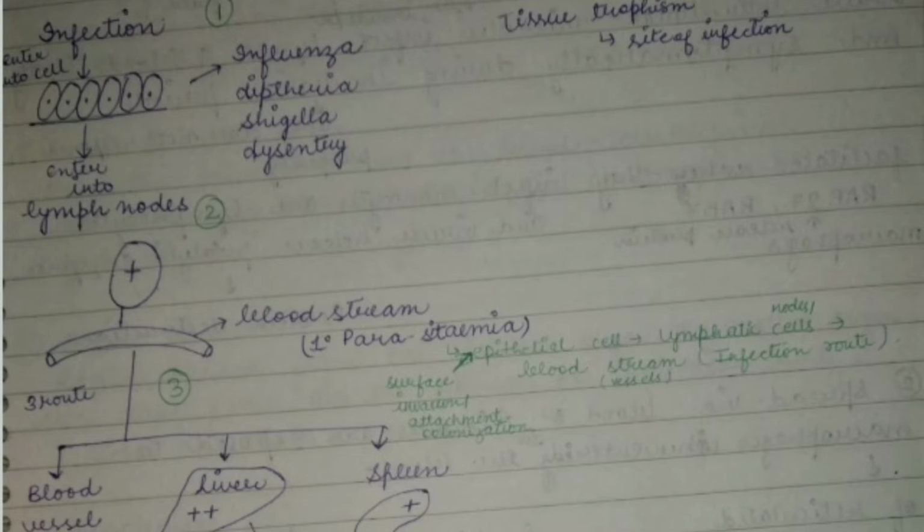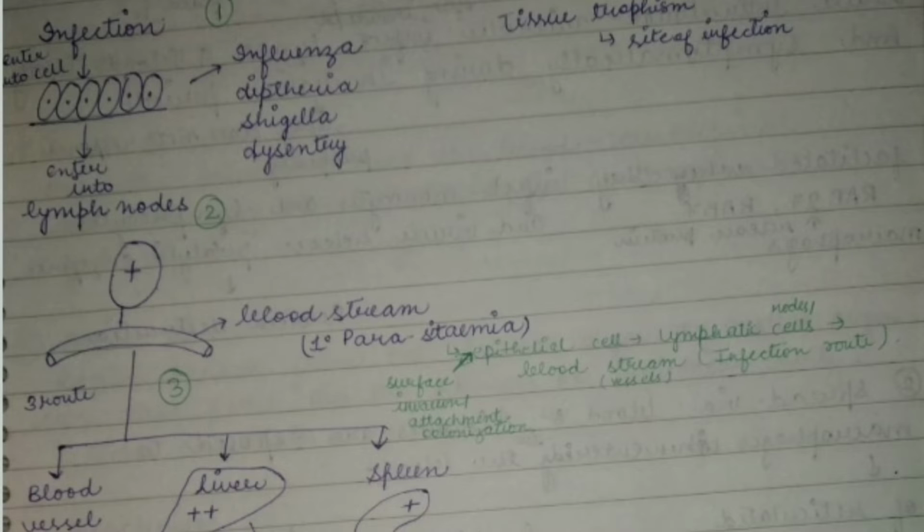So firstly, infection can be caused by any pathogen: influenza, diphtheria, shigella, or dysentery. When the pathogens enter our body, through the skin cells or epithelial cells, they come in contact with the lymph nodes. Then after the lymph nodes have been infected, they will infect further the blood vessels, where primary parasitemia occurs,